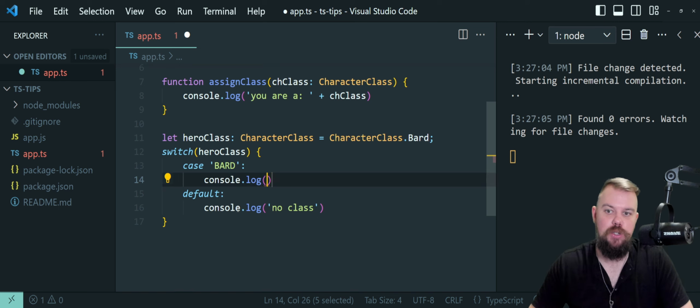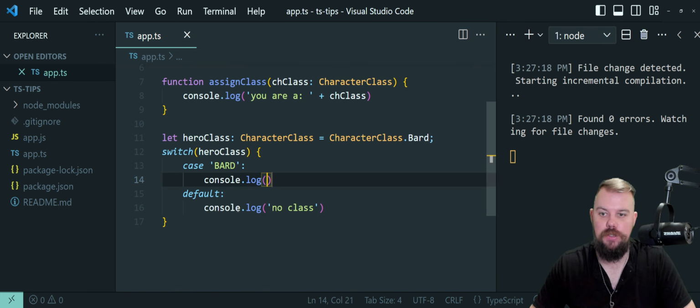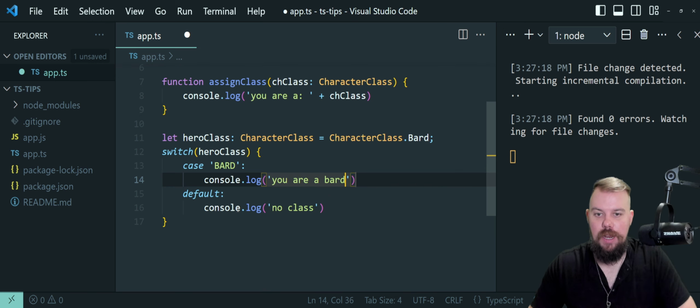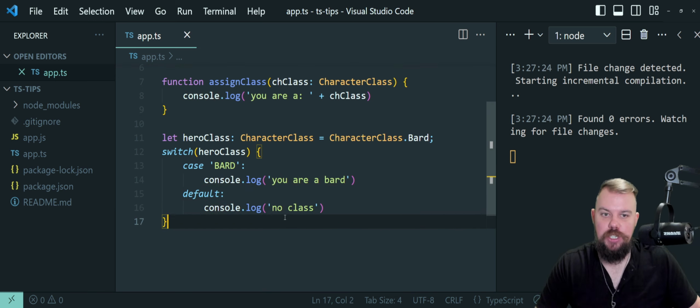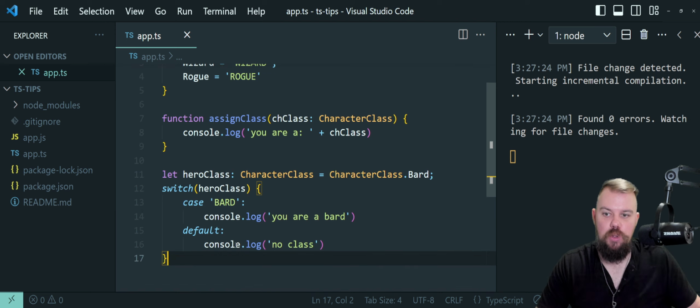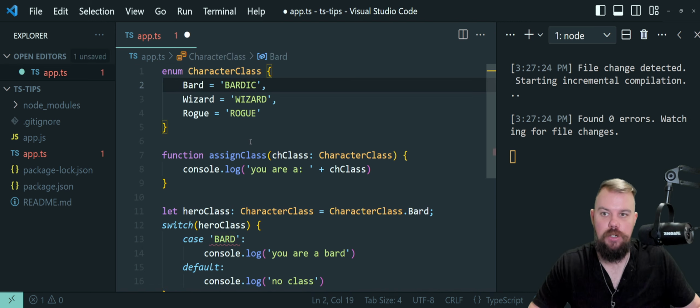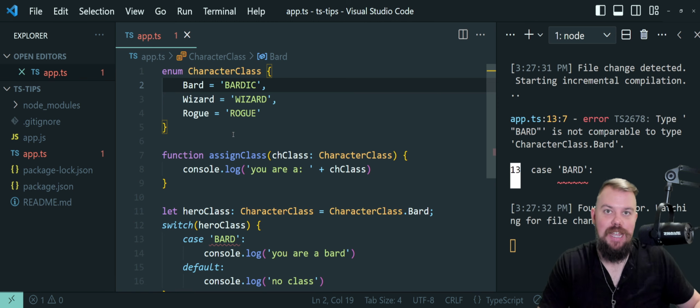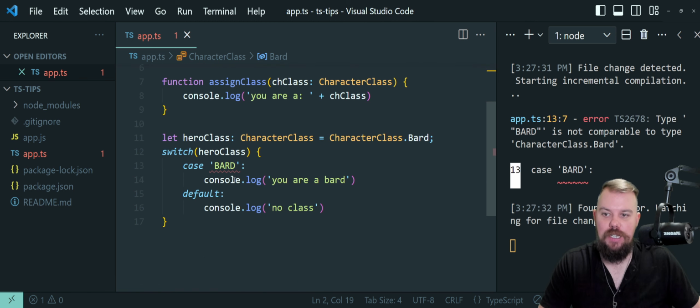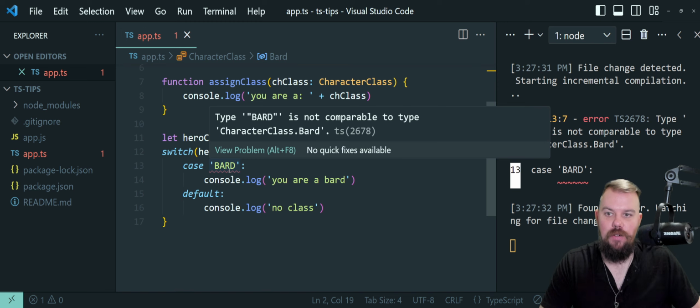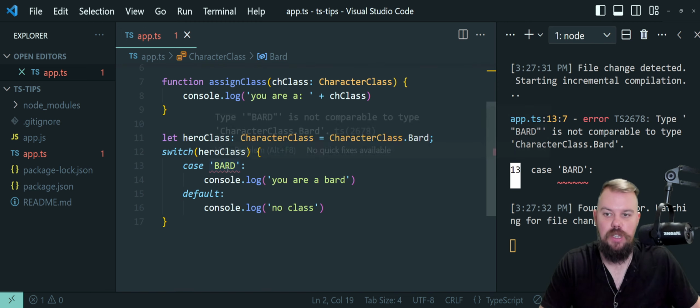Again, something you might do in a production level code base or encounter or write yourself if you're not being careful and using code correctly. You are a bard. So that is my simple switch statement right here, and as it stands, it's going to work just fine. However, if I come in here and decide to change this from bard to bardic in my string value, TypeScript will not, for example, go down here and change everything, right? But thankfully, it knows that it can't compare it right there,